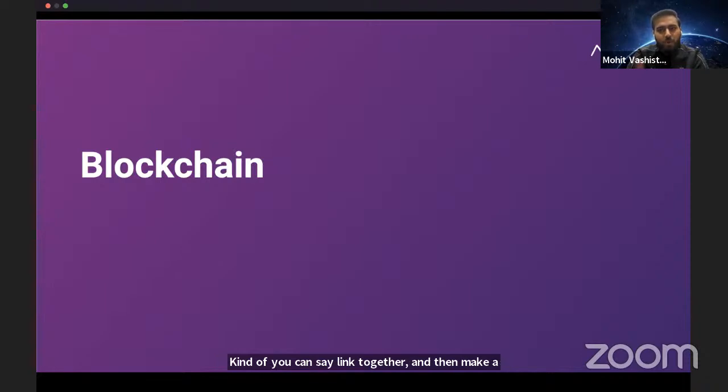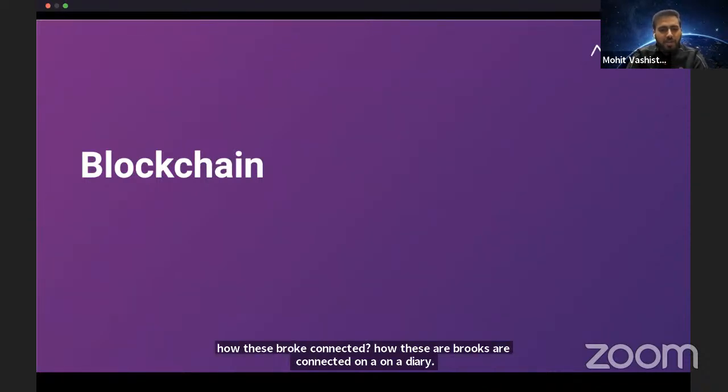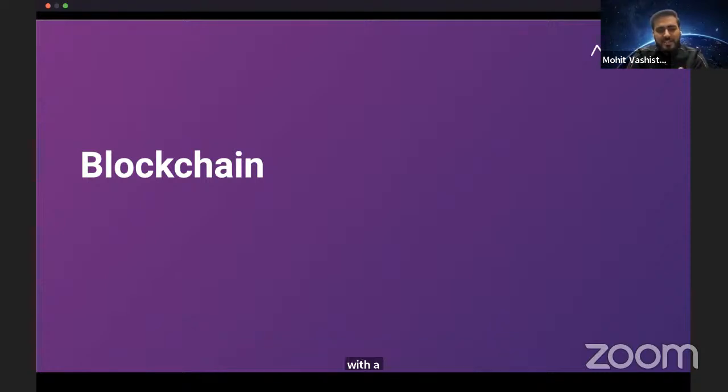Now how are these blocks connected, on a diary or on a spiral notebook, right? They're connected with a particular connection, right? So there is a connection for page 1 and page 2, like after page 1, page 2 will come. Similarly, after block 1, block 2 will come. After block 2, block 3 will come. And similarly, we will keep recording the transactions. So one page is a kind of block, and then you create an identity of that page. You can call it page 1. In blockchain, we call it block header, or block identity, block hash, right? You can call it anything.